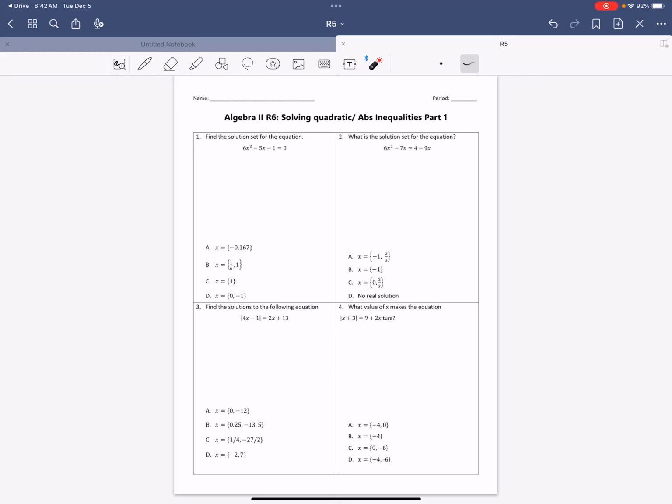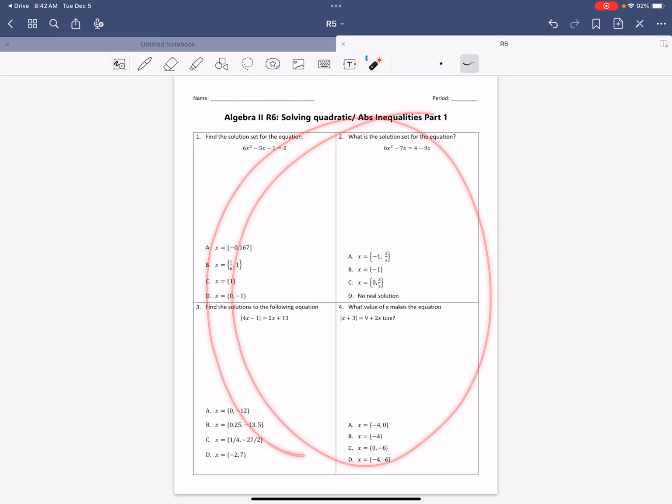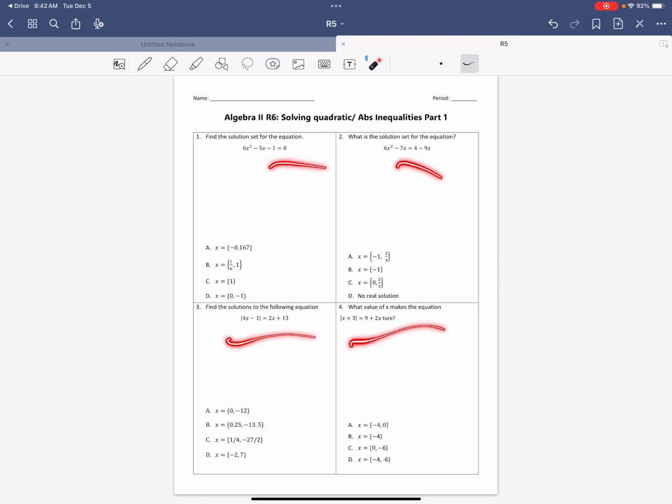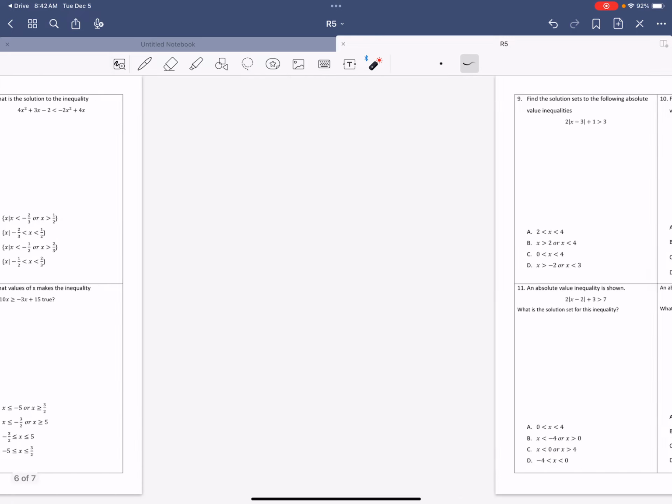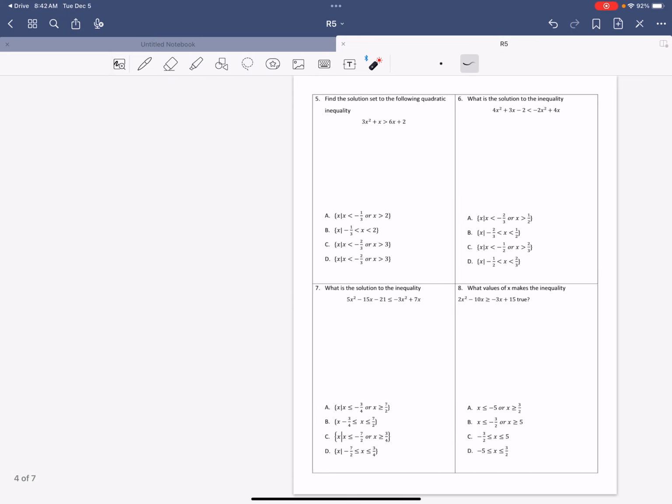Hello guys, welcome back to algebra class, and this time I will go over solving quadratic and absolute value inequalities. And as you can see, first of all, this one is not an inequality, this is solving equations, but the concept itself is exactly the same, okay? And probably this is one of the most important